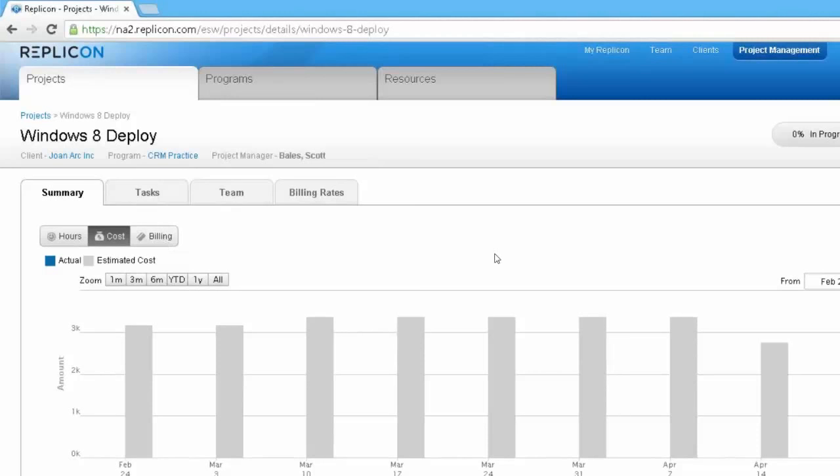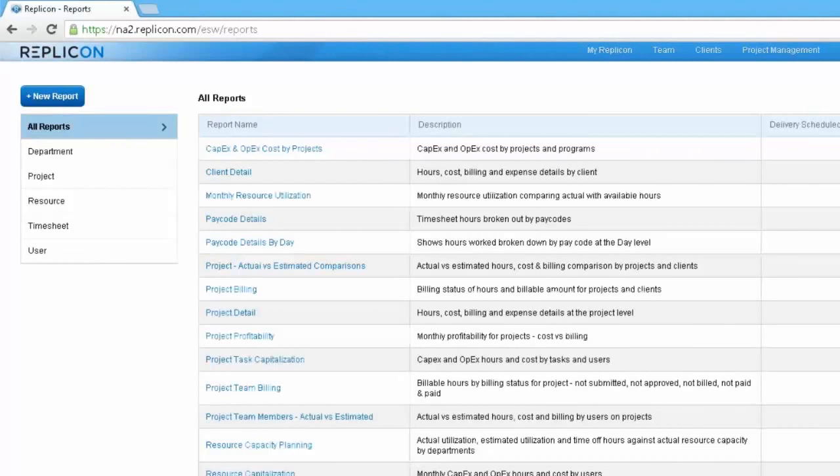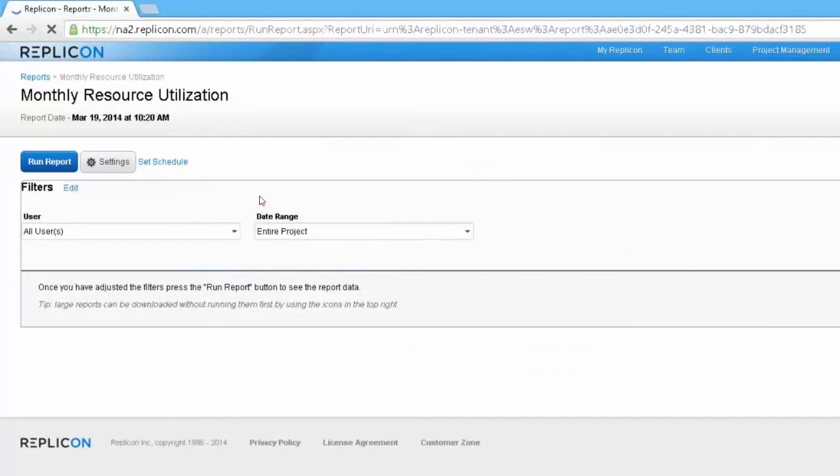to this project. Okay. Now, these visual dashboards and representations are really leveraging all of the data from that resourcing calendar that we were looking at, but all of that data is also available from reporting. So if I go to reporting, and we'll take a look at a couple of reports within the system. One, we'll take a look at the resource utilization, understanding how resources are utilized across departments in the organization. So if I bring up this report and go ahead and run it, what we're going to be presented with